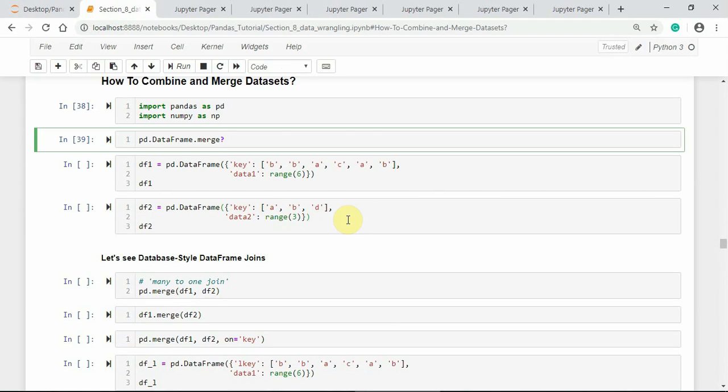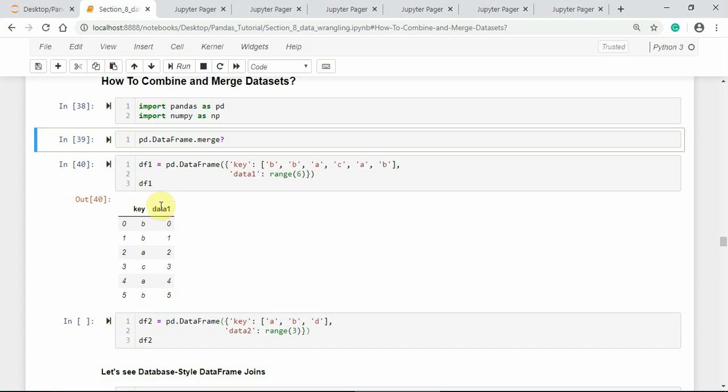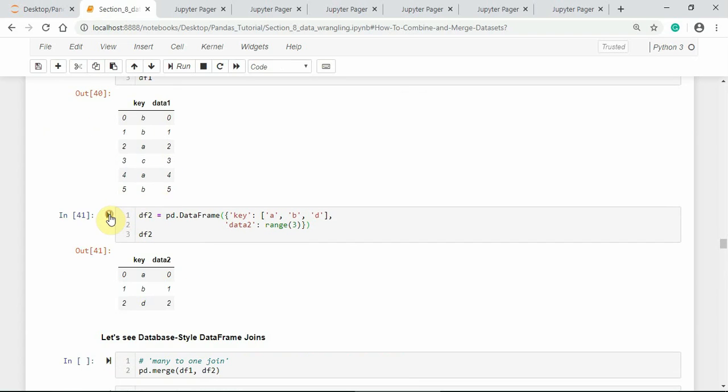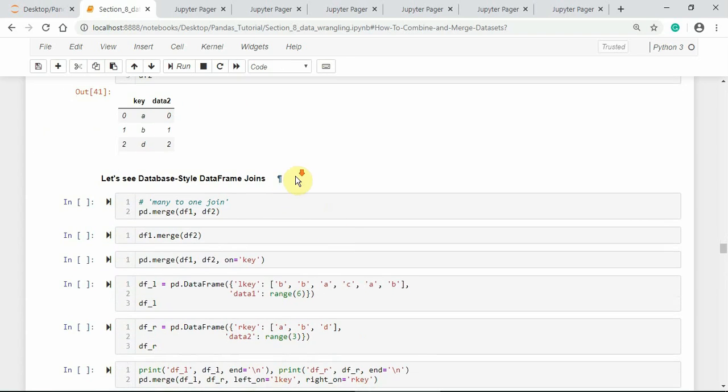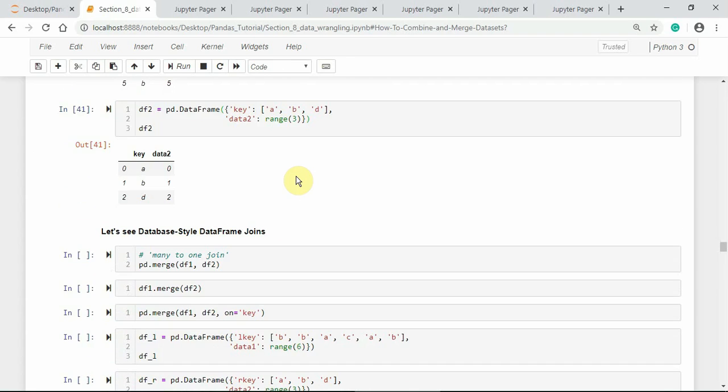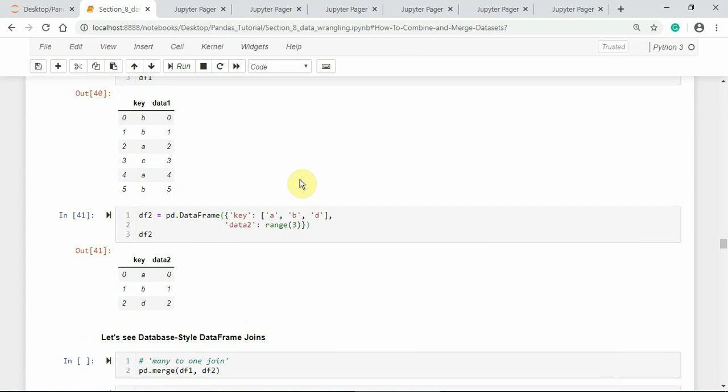Here I am creating two simple data frames to work with these methods, data frame 1 and data frame 2. In both the data frames, key column is common, but the number of rows and values are different.